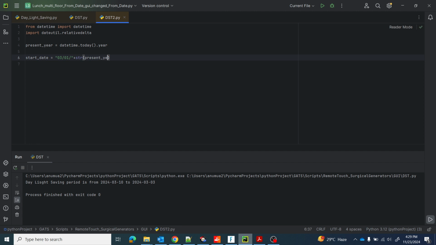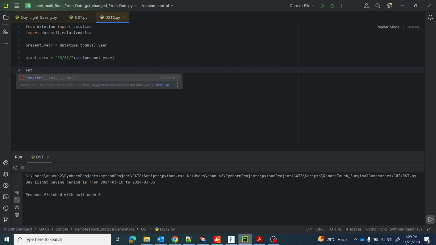Why am I using str? Because above this, the present year is in datetime format. I'm converting it into string format. Okay. So now the start date is in string format. Then I will convert the string into a date. Okay. So start_date equal to,